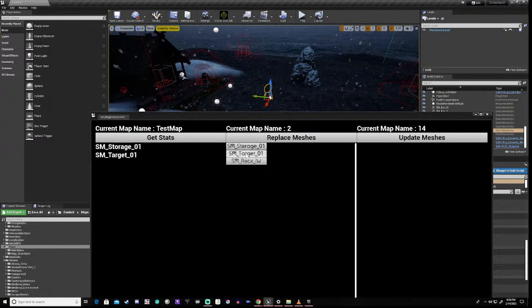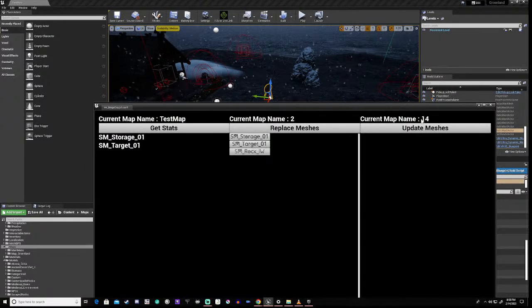We need to update the target, but we don't have a target instance. We need to do SM rock IW. We do, because it's not in this list, okay? So what it's telling us here is we've got two of these that we can replace, out of a total of 14 meshes.